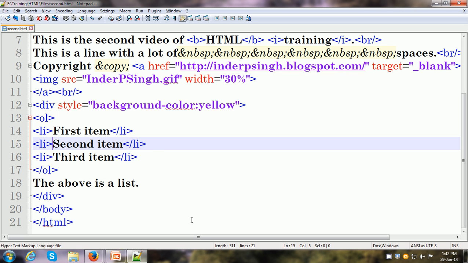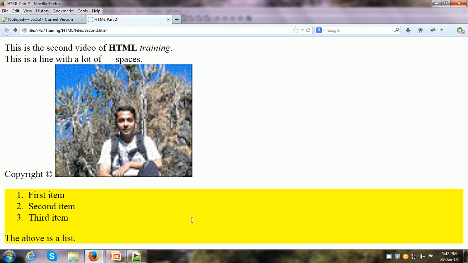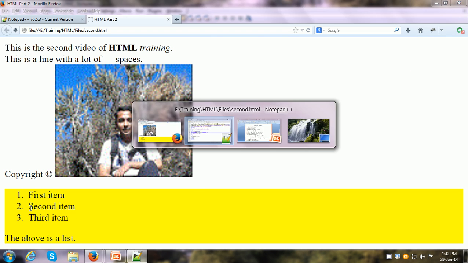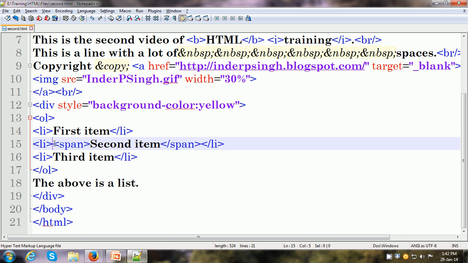So we can start with a span tag here, and after second item close off the span tag, save it, and once the web page is refreshed, there is no change, but now we have created another element, which is this span element.